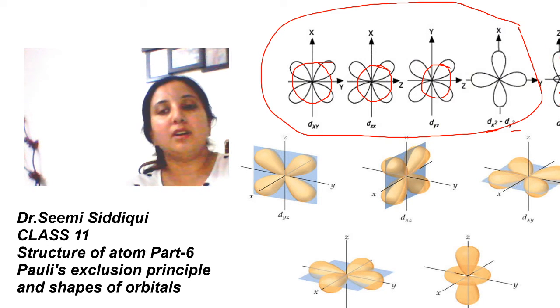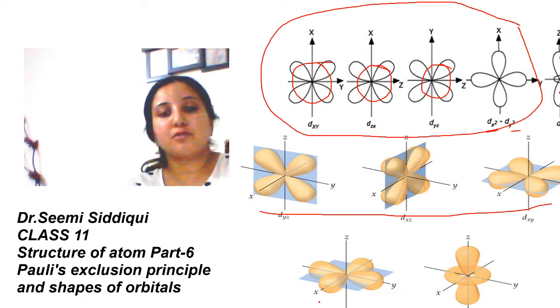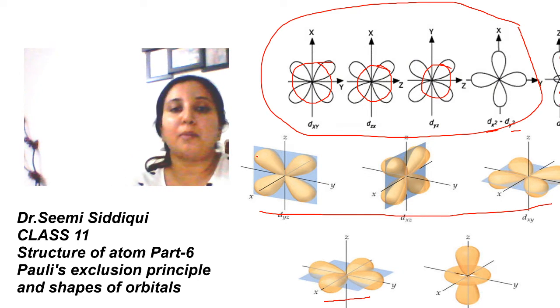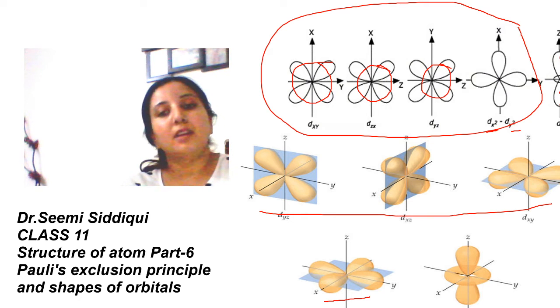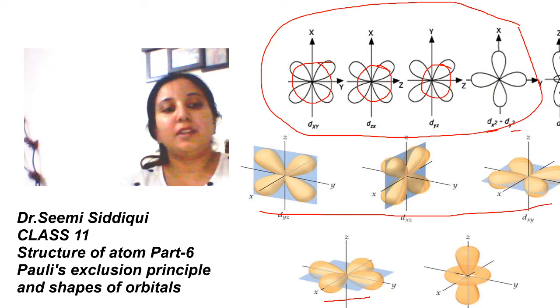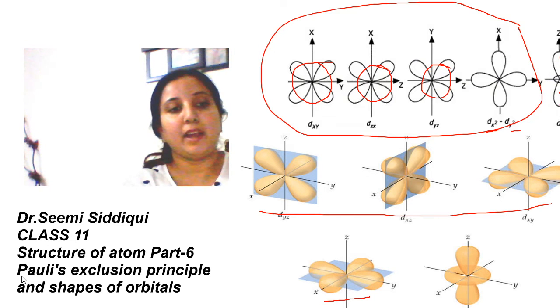This is the case of the z square. Now another point: in all these cases, in these figures, we have shown the nodal planes, meaning that this blue area in all the cases is going to have very little, or practically zero, probability of finding an electron.